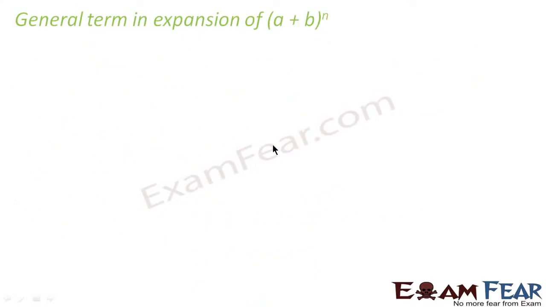Let's find the general term of the expansion (a + b)^n. The general term is represented by T(r+1) = nCr a^(n-r) b^r. So we can see this, if we expand (a + b)^n, what I get is